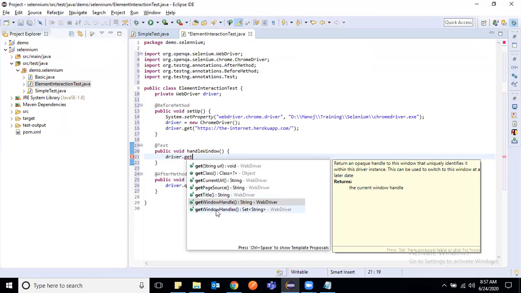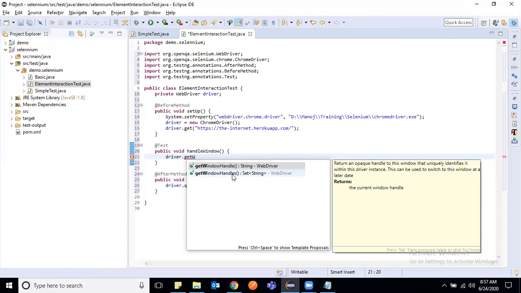If there is more than one window, then we have to use getWindowHandles. This one returns a set of strings that contains multiple browser window IDs.